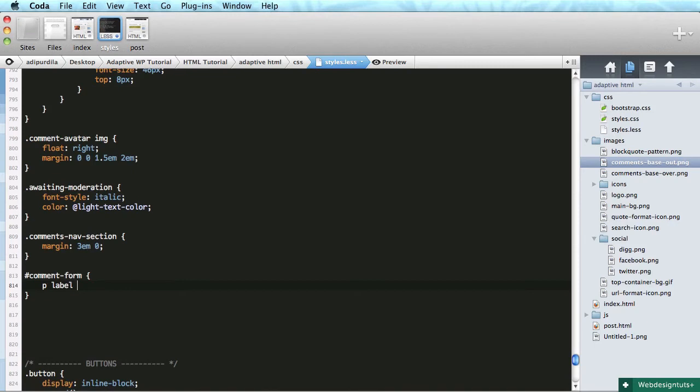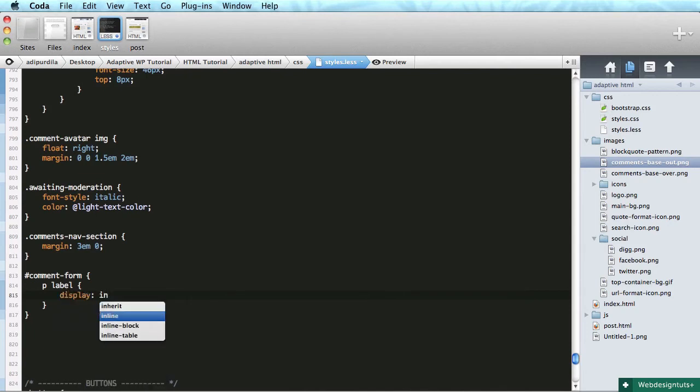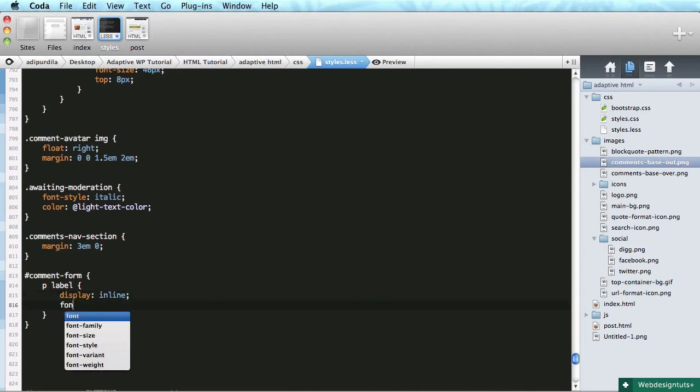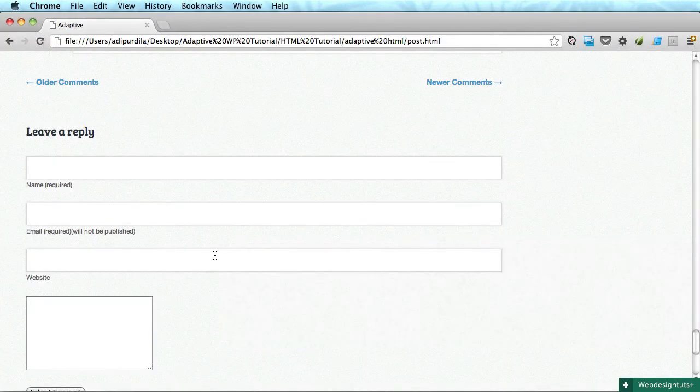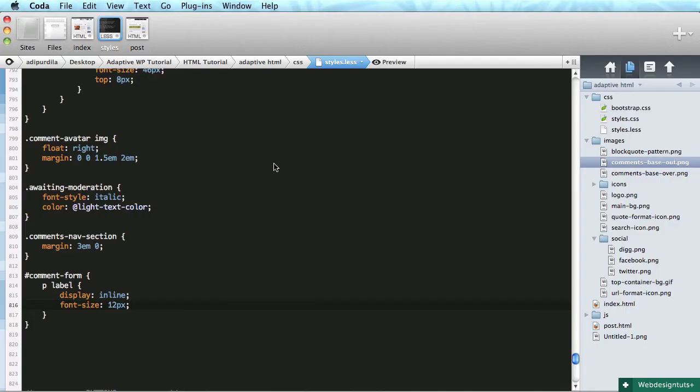Paragraph label. We'll start with the label. We'll set display to inline, and we'll do a font size of 12 pixels. Okay, and let's see, these are way too big, so let's make the inputs a bit smaller. So we're going to target input, type text, and